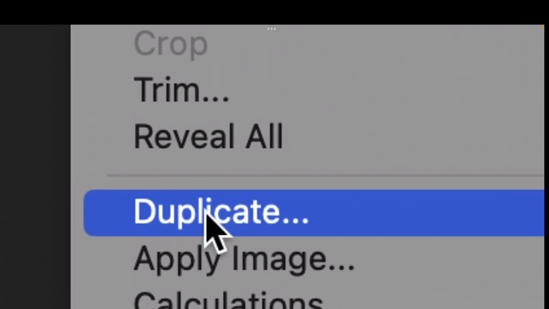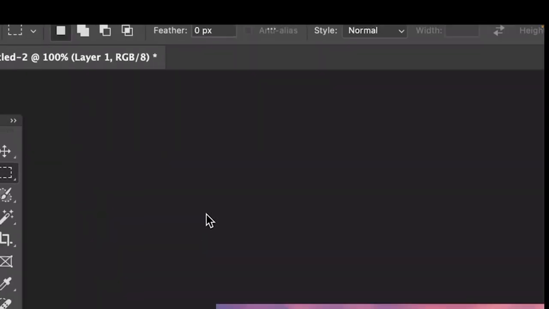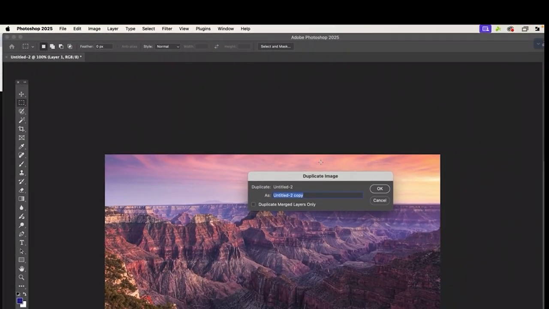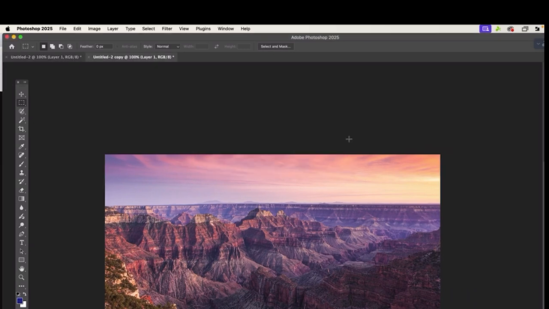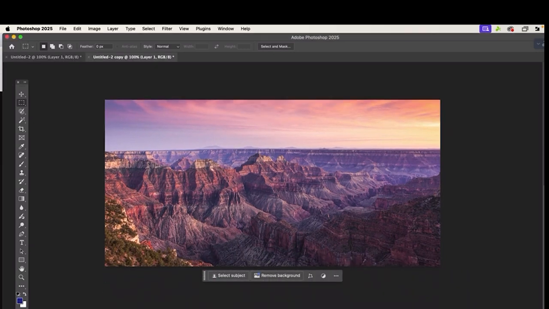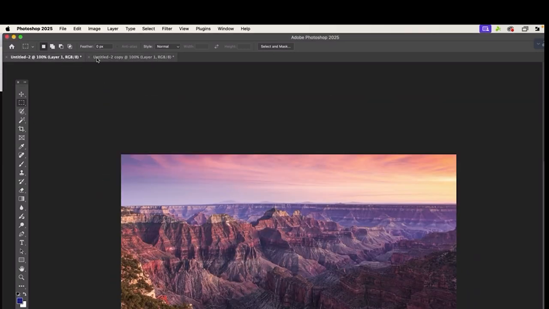Okay? So click on Duplicate, and it'll ask you, are you sure you want to do this? Press OK. All right, and now you'll see two of the same image. Why am I doing this? Well,